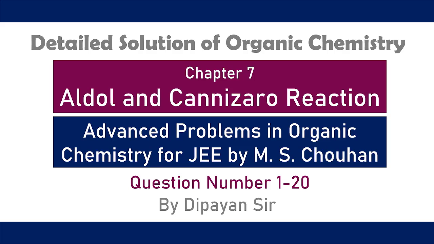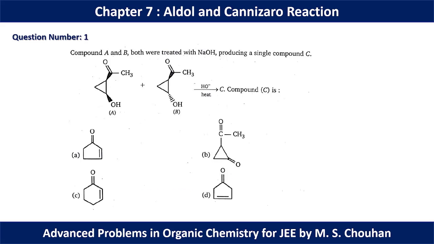Hello students, in this video we are going to discuss question number 1 to 20 from chapter 7, Aldol and Cannizzaro reaction, from the Advanced Problems in Organic Chemistry for JEE by M.S. Chauhan book. In question number 1 we already have the aldol product, because this is a beta hydroxy ketone. So this is an aldol product, so we have to find the initial reagent or starting